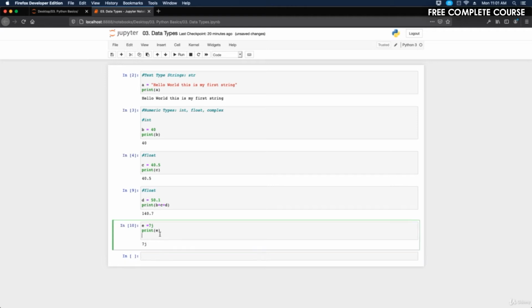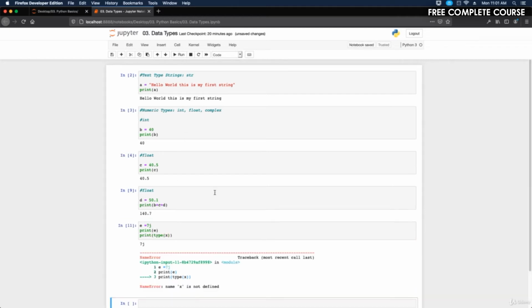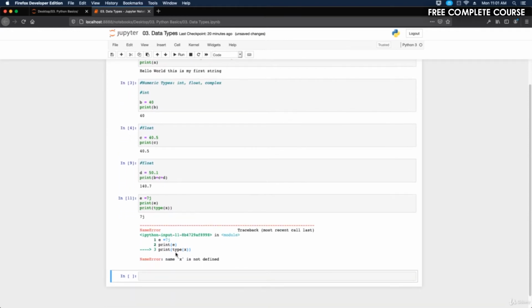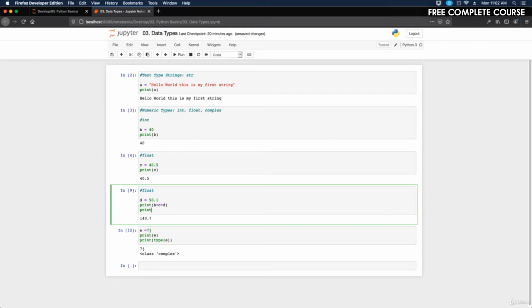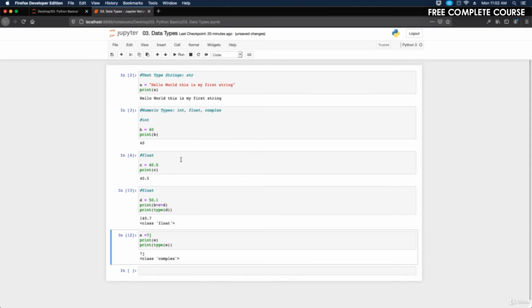Now let's print type X, okay? And then run that and see what that does, which I know what it does, but okay, so it's going to throw an error because I typed in the wrong letter. So instead of X, let's do E and then run that. Okay, so we have class complex, okay? So it's showing you what the type is. So if we were to do that here, if we do print type and then D and then run that, float,